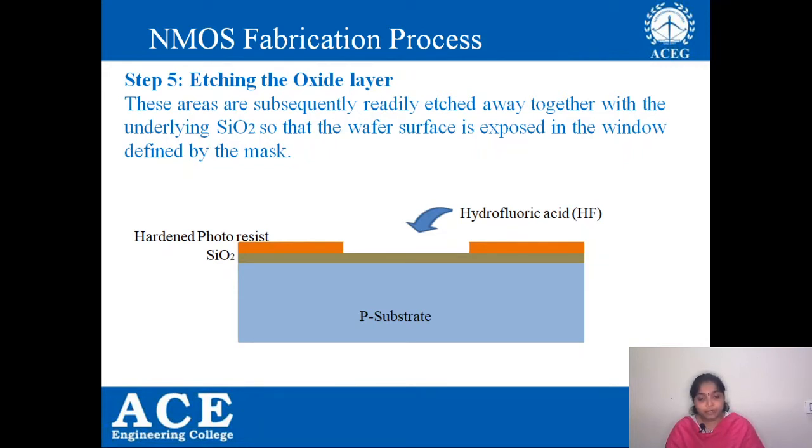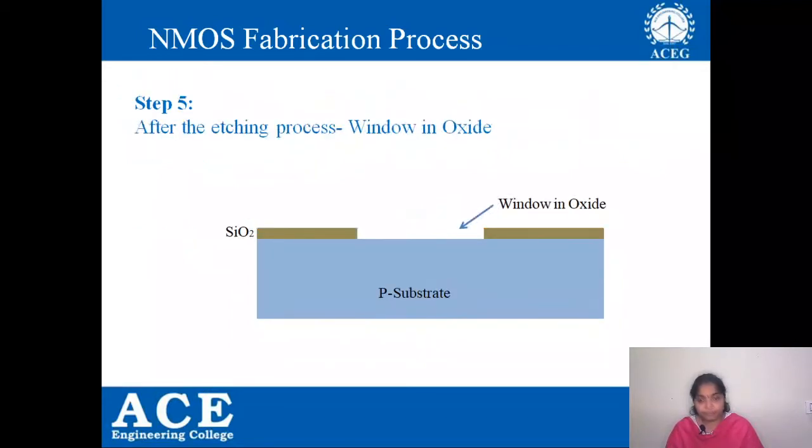Okay, we are going to convert it into hydrofluorosilicic acid, which is in the form of a liquid, and you can easily wash it away. Now after etching, by using some other solvent, we can remove the remaining photoresist also. So after removing all these things, you get a window in this silicon dioxide layer. You can call this a window in this oxide layer.